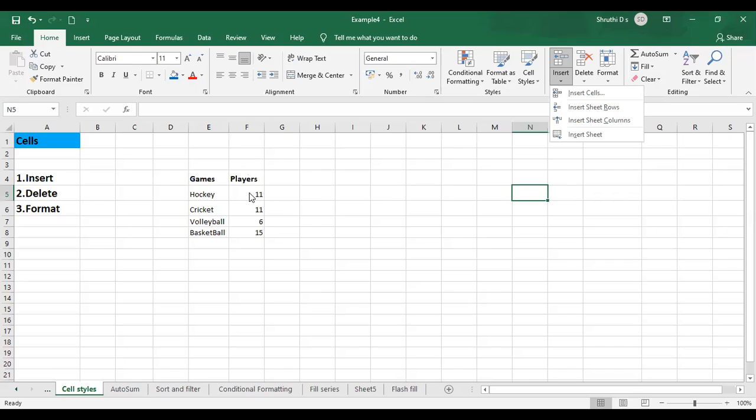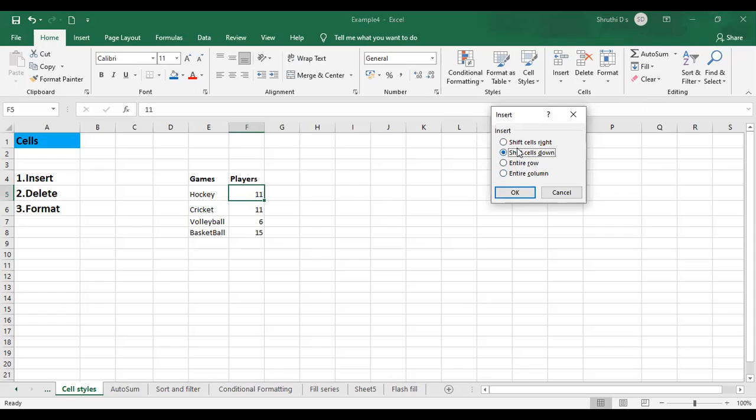I will click on some cell over here, go to the insert option and go to insert cells, and it will ask you for different things: shift cells right, shift cells down, entire row, entire column. Here I am trying to shift only cells, to add some cells towards down or towards right.